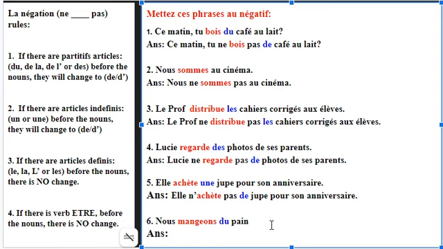And the last one for this activity is: Nous mangeons du pain. We are eating some bread. Okay, like the rules imply again, we can see mangeons, the verb, is in red. Du is an article partitif, so we have to change this to de, or d'apostrophe.